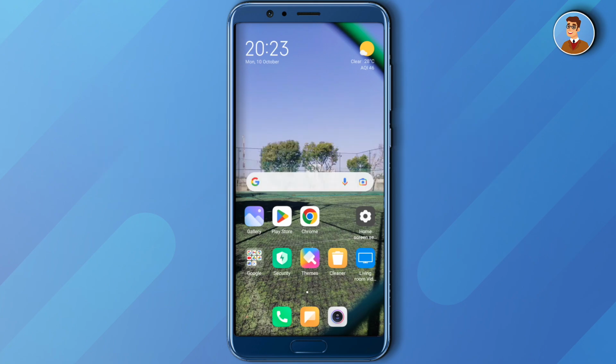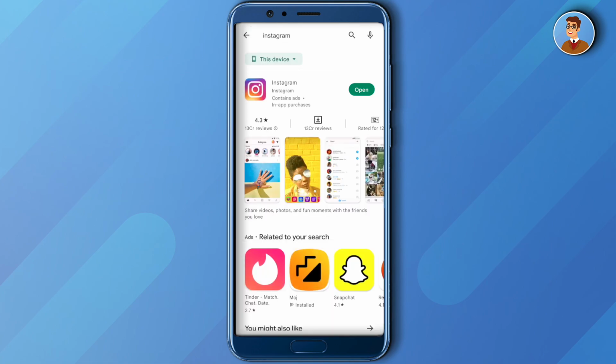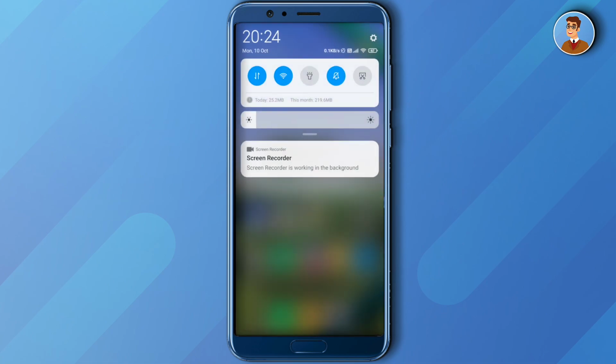on Instagram. So first of all, go to Play Store and type in Instagram, and here if it is showing update, then just click on update as you are not using the latest version of Instagram. And if it is showing open, then you are already on an updated version of Instagram. Now, even after having the latest version of Instagram and still getting this issue of black screen, go to your